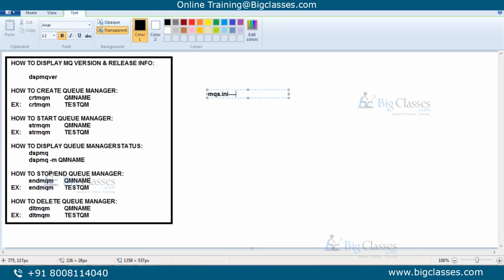From that configuration file, you have to remove that respective queue manager's information, and then you can go to var mqm qmgrs. From here, you can delete the queue manager directly. I did that, and that didn't work. Okay, got it. Then the queue manager information is no more on that particular server.